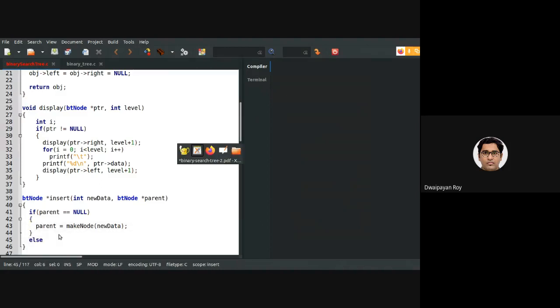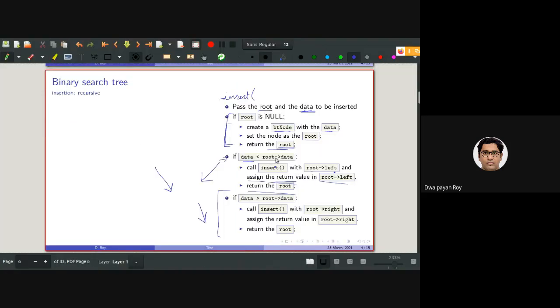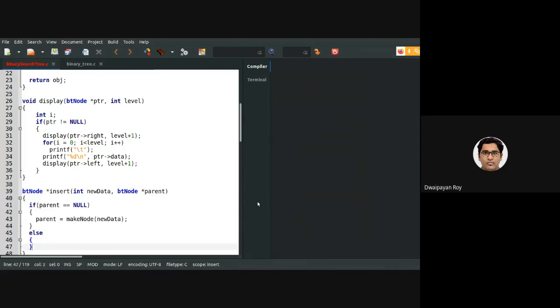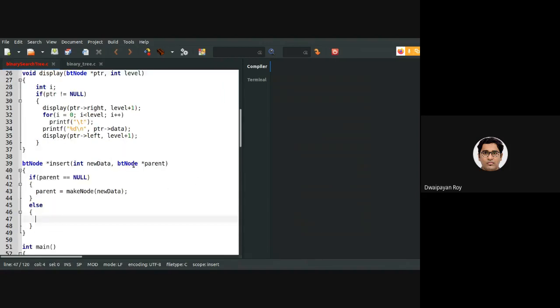Else, we need to check whether the data is less than root or greater than root. Else means either the new data is less than the root or greater than the root, so let's handle them separately.